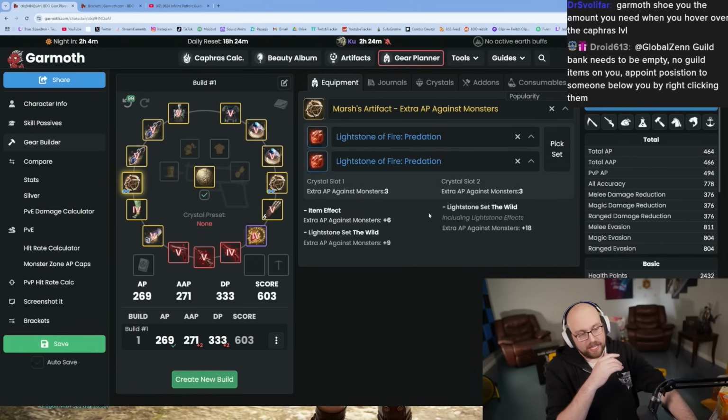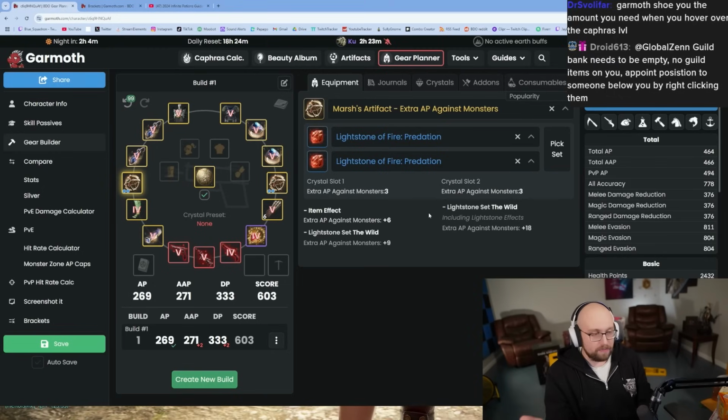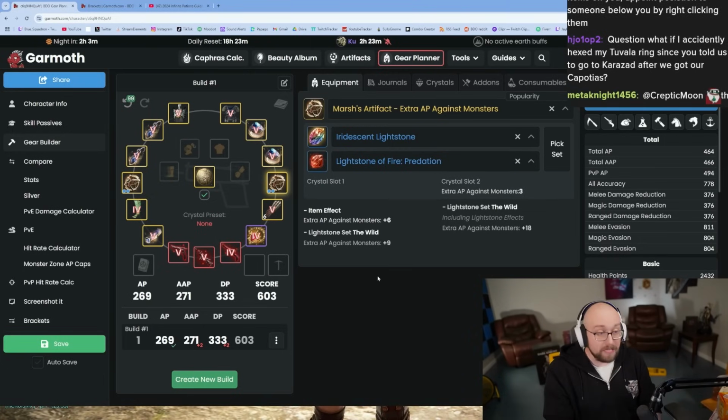This is kind of like a robust one that you can use at basically every grind zone in the game. It's just going to give you more monster damage. Going to help you hit those AP brackets and do more damage. That's your new Lightstone setup. You can also start doing an iridescent, and the predations are really cheap. I think if you want to go a little bit better, you can buy demi-human, which I think is probably